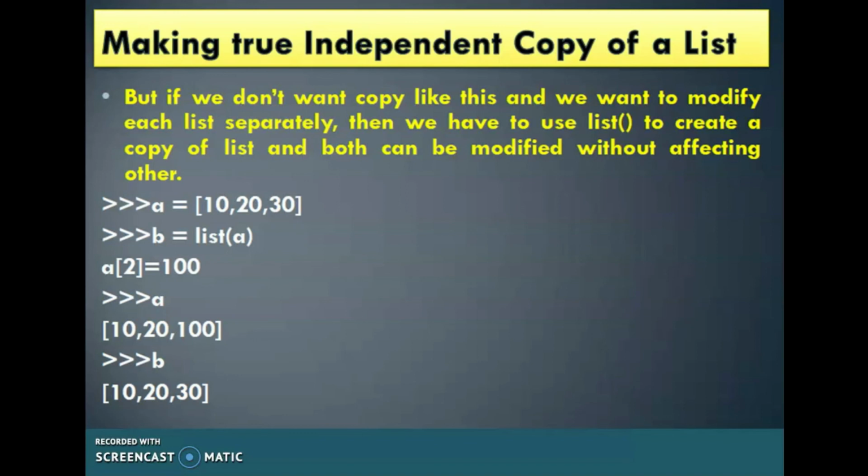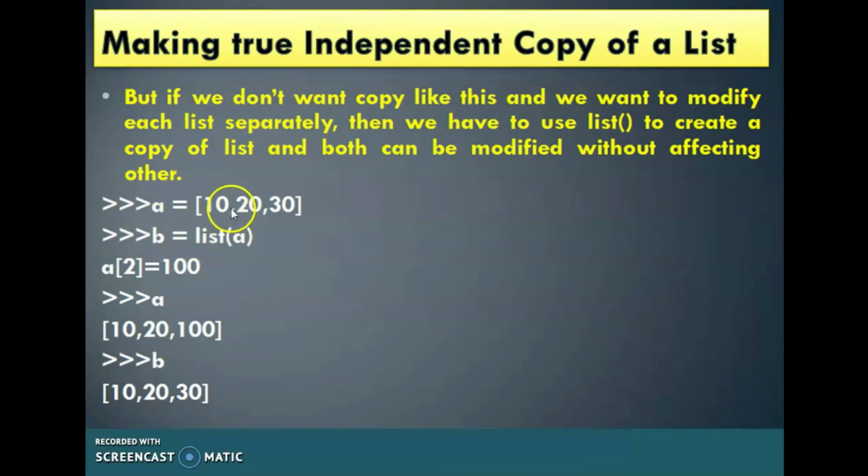That means we can use this list function to create two separate lists. We can modify each list separately.